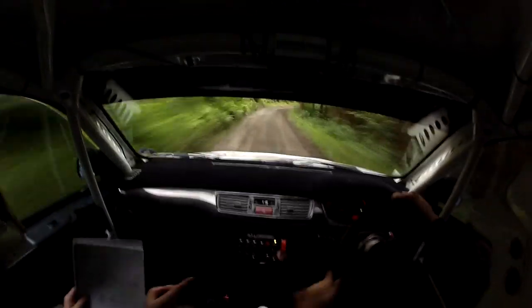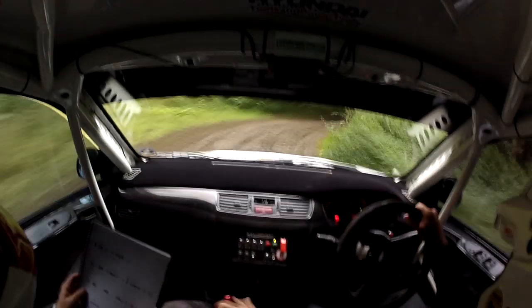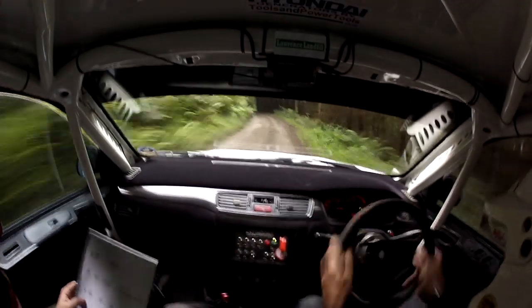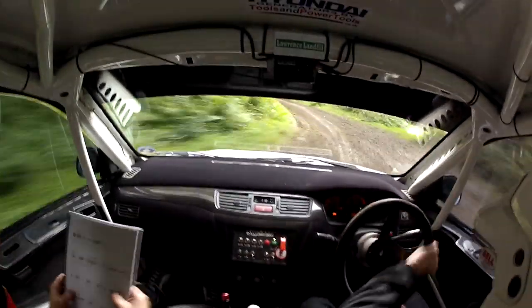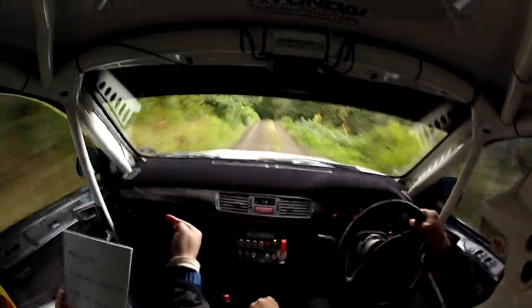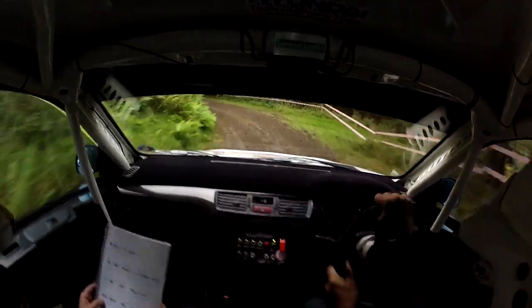right, tightens to hairpin right, and flat 1 left, 60, well done, hairpin left, this is hairpin left here, and flat crest, continues for 80, keep going, and then 40 down, 6 left, 6 left, 40, 1 right long